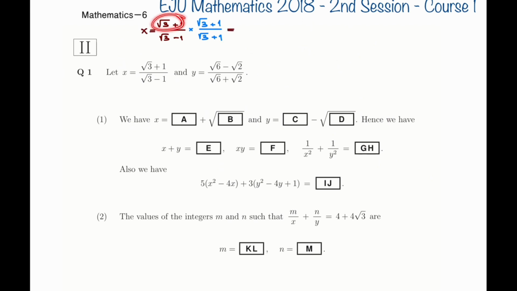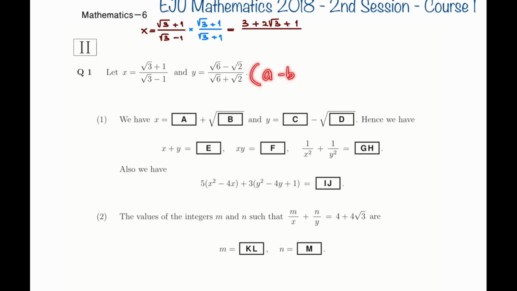you can expand the numerator or you can use the formula (a plus b) square is equal to a square plus 2ab plus b square. If I directly use this formula, then I will get square root of 3 square, which is 3, plus 2 times square root of 3 times 1, then I will get 2 square root of 3, plus b square, which is 1, over, for the denominator, you can expand it